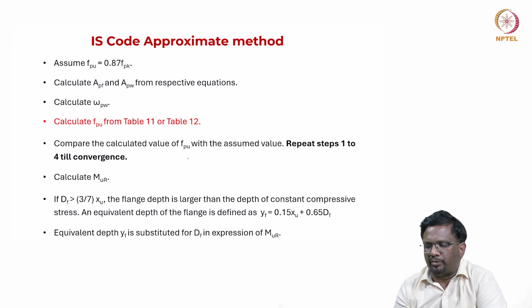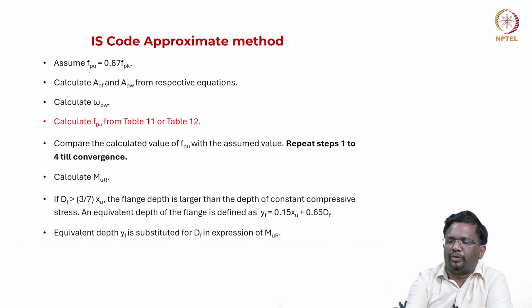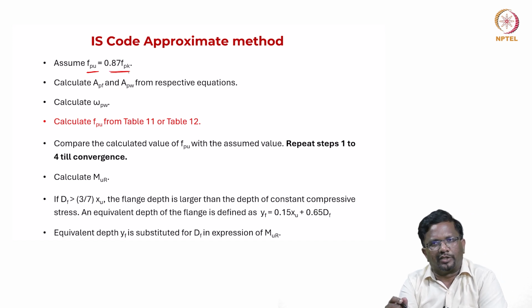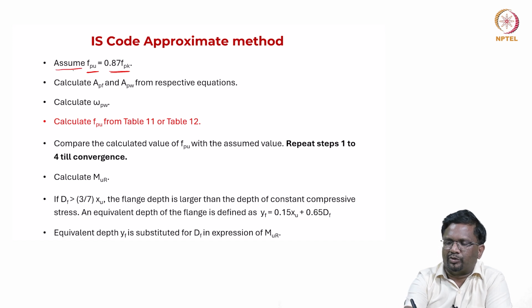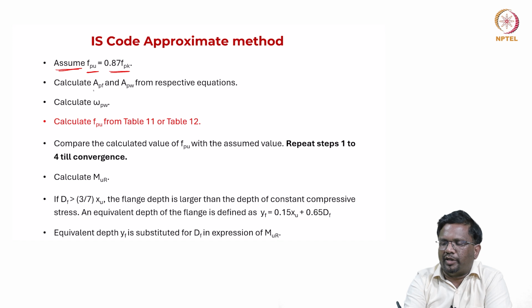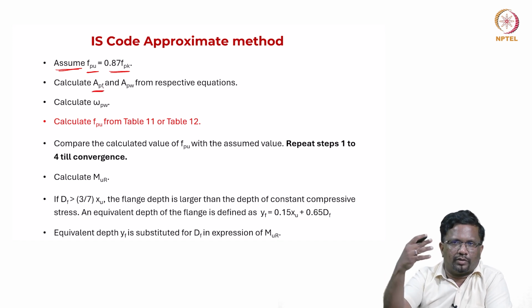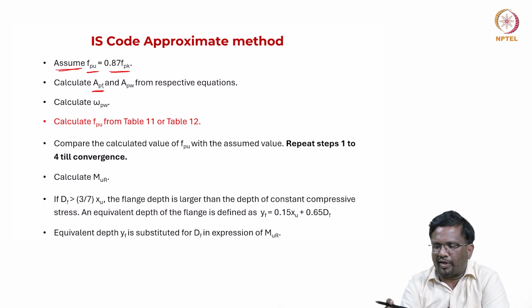Okay, so in the approximate method, the first step, instead of going in terms of xu, directly we are going to say that FPU is equal to the yield stress, which is 0.87 FPK. So this is an assumption that we are making. Then once this is assumed, I can calculate the area of pre-stressing steel that is helpful in satisfying the equilibrium for the compression force from the outstanding flanges, because again I have told you this T section